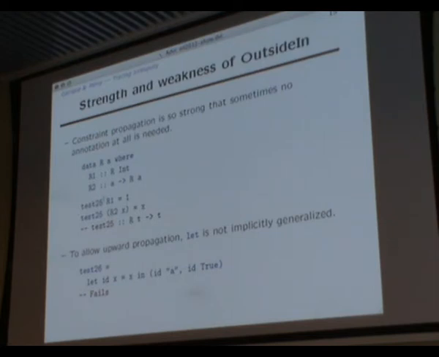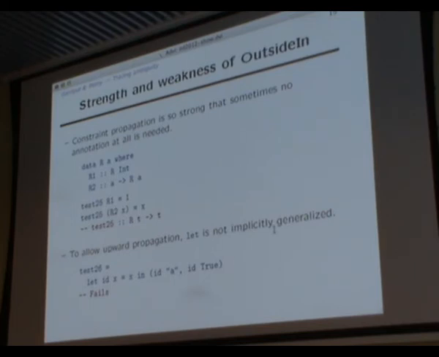So here, in case R1, I'm returning an int. In case R2, I'm returning the parameter. What's going to happen? It's actually going to type check the second case first because there is no condition there. It infers this type, and then realizes that using this type, it can infer the first case. Clever. A limitation is that to be allowed to propagate more from the outside to the inside, implicit let is